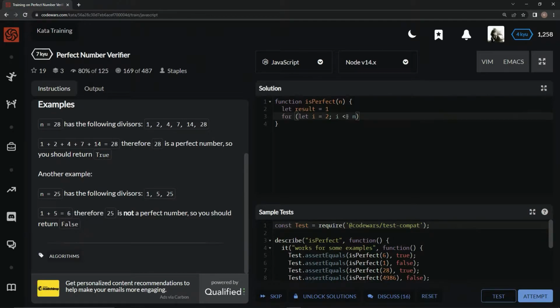Think about it like this. Let's say it's 49. Once you get up to 7, it's going to be 7 times 7, and then it'll just roll back down. Maybe let's say 64. Once you go all the way up to 8 and get to 8 times 8, then it'll go back down to whatever 64 divided by 4 is, 16. So basically we're going to say while i is less than or equal to n to the